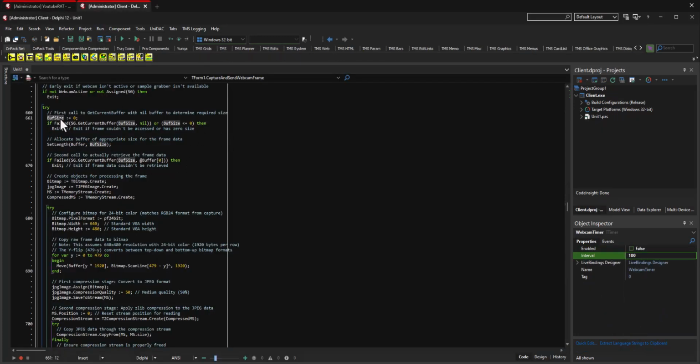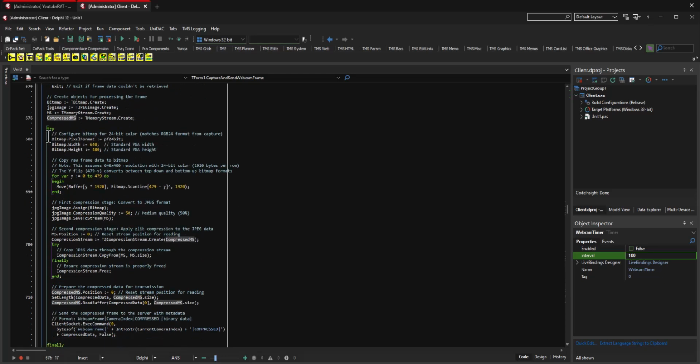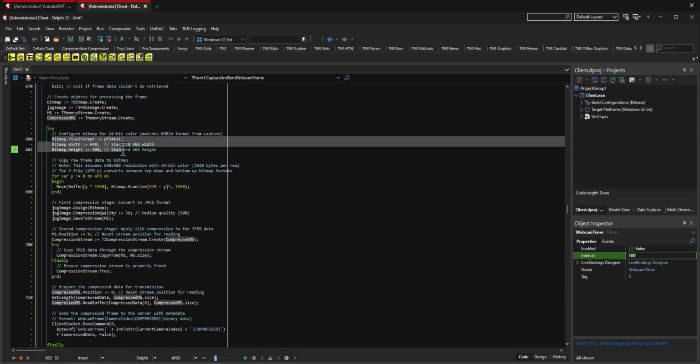Okay, so anyway, we set our buffer size to 0. We're going to say if it failed to get the current buffer, which means it failed to get the data, we're going to exit. If it did succeed, we're going to set the length of our buffer to the entirety of our buffer size that we just pulled from the current imagery coming from the webcam. And then we're going to simply say if we fail to get that current buffer, we exit. Otherwise, we're going to create a bitmap, create a JPEG, create a memory stream, create a compressed memory stream, and then we're going to come down and say this is going to be a bitmap of this standard VGA width and height. We are now going to copy the raw frame data directly from the webcam,